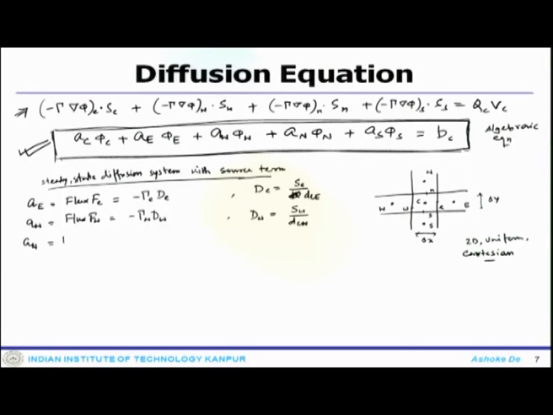And A N, which is flux F N, which is nothing but gamma N d N, where d N is S N by d C N, and finally A S, which is the south flux F S, which is minus gamma d S, where d S is S S by d, and A C, which is the